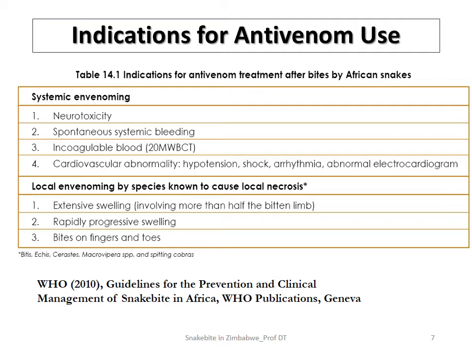And number two, wherever there is spontaneous systemic bleeding, that should automatically make you start thinking about either a very large puff adder or gaboon viper, or probably a boomslang. And if you are sure that it is a boomslang, you want to give the monovalent antivenom because it can be life-saving. And also, if blood is incoagulable, there's something called a 20-minute whole blood clotting test, which we will